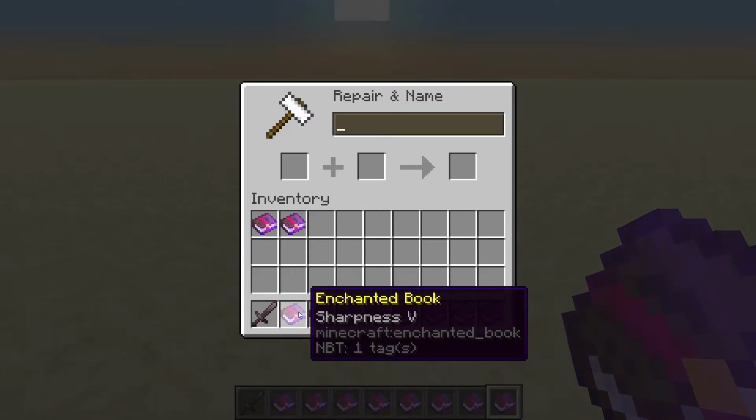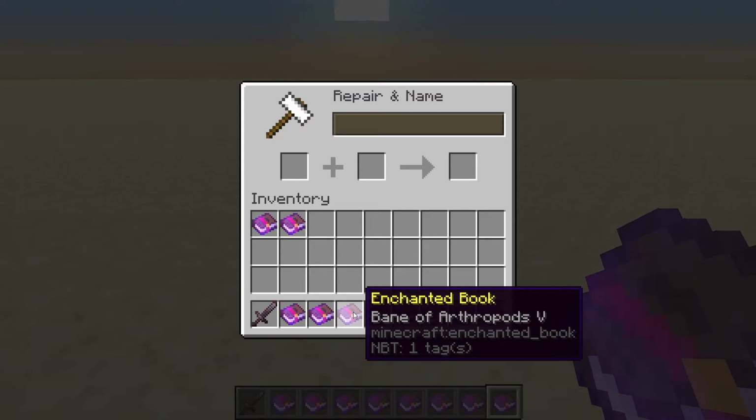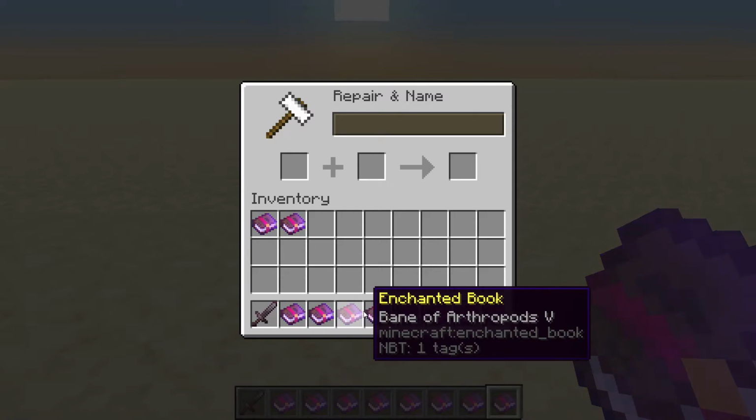And also you can have Sharpness, which makes you do more damage to everything. You can have Smite, which makes you do even more damage, but only to undead mobs. And you've got Bane of Arthropods that's like Smite, but for arthropods, and I think that just includes spiders, cave spiders, endermites, and silverfish, which most people choose not to go for Bane of Arthropods because it affects such a